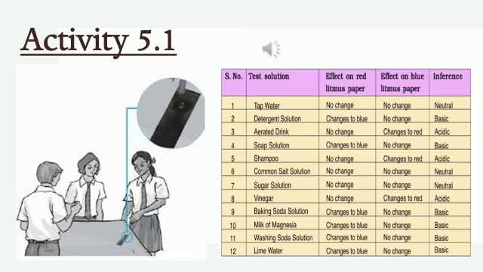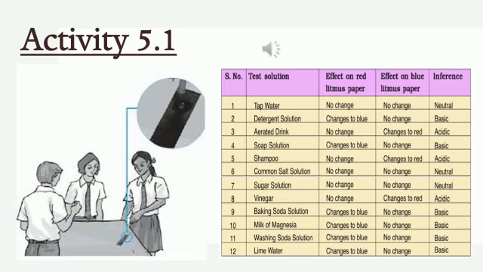And you need to observe, is there any change in the color of the litmus paper? So basically we have taken red litmus paper and we are adding a drop of lime solution. Lime juice has been mixed with the water. If we mix it with water, what happens? It is diluted with the water and it has formed a hydroxide, isn't it? So what happens to the color? It turns blue. So red litmus paper is turning to blue. If red litmus turns to blue, then we can say that it is basic in nature. Okay.